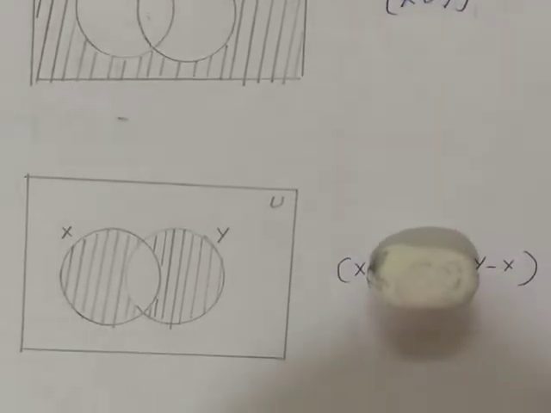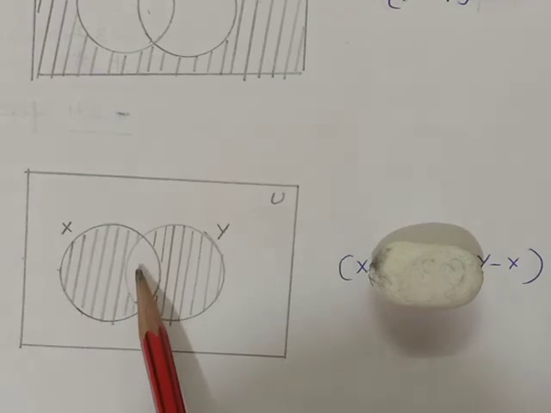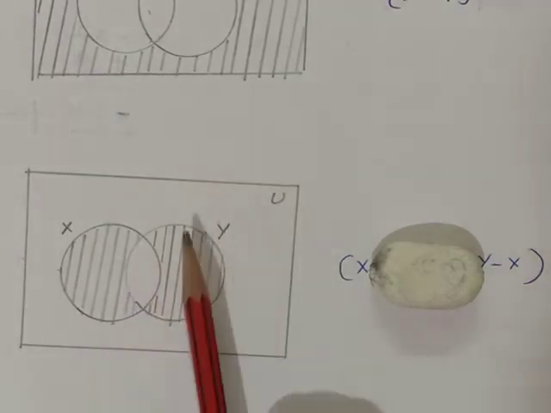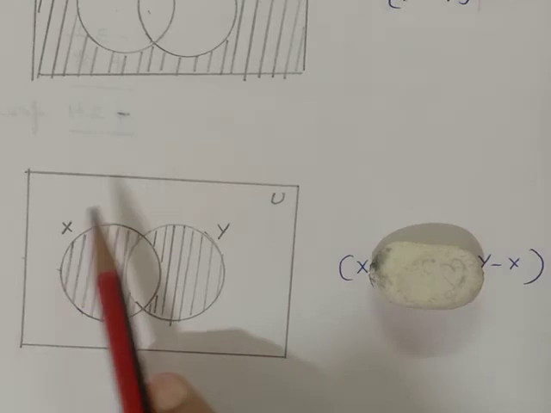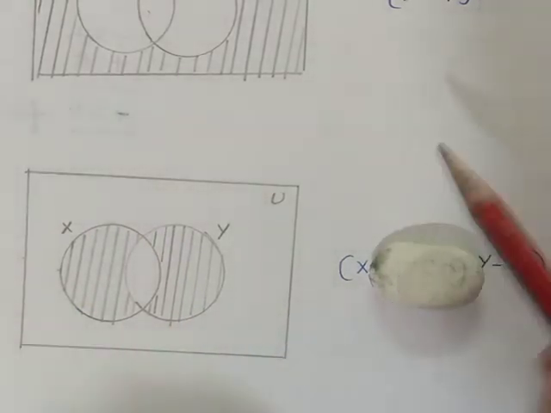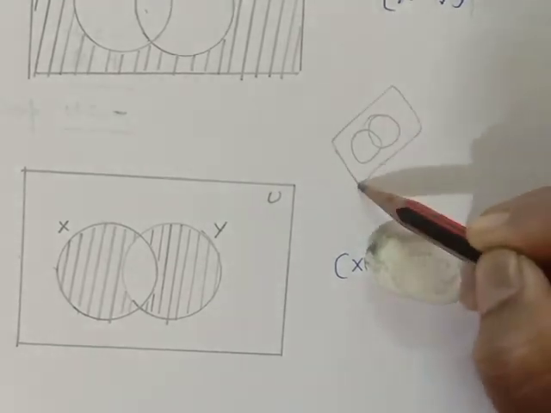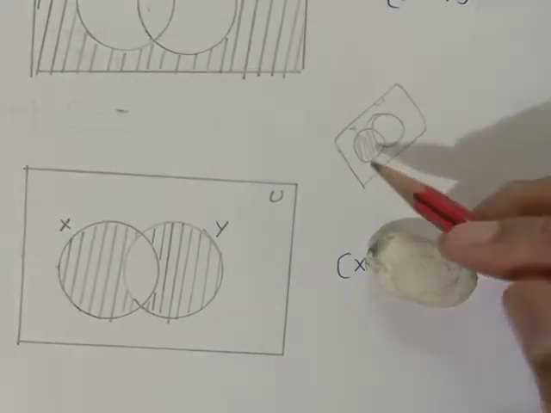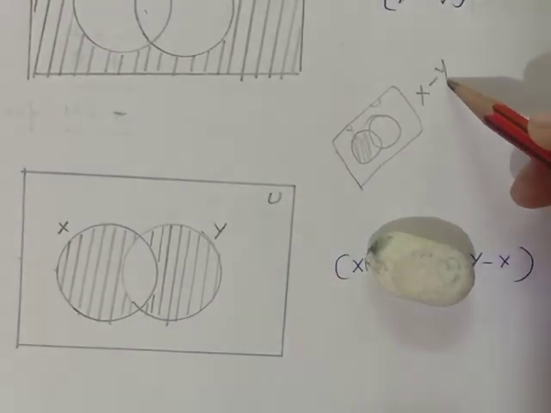A third question. Here, the middle portion is not covered. For example, if y is not covered, what is the meaning? We need x, we don't want y. For example, only x I am going to cover. So what is this meaning? I want x, I don't want y.